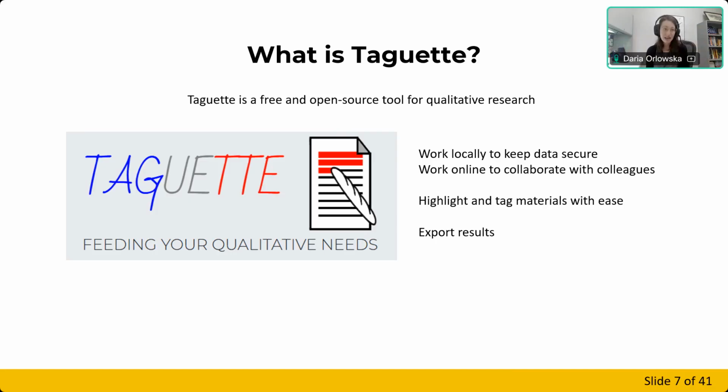It's pretty easy to import tags. So if you previously have used other software and you found that it was a little bit difficult getting started, or maybe you are trying to work with a colleague who hasn't used qualitative software in the past, or with students, this could be a really good place to get started. And like I mentioned at the beginning of this workshop, TAGAT is great because it's free, it's open source, it's pretty easy to use, it's pretty bare bones. However, you can't actually do anything with the results within the platform. You have to export the results out, and we will talk about integrating that with Excel at the end of this workshop.